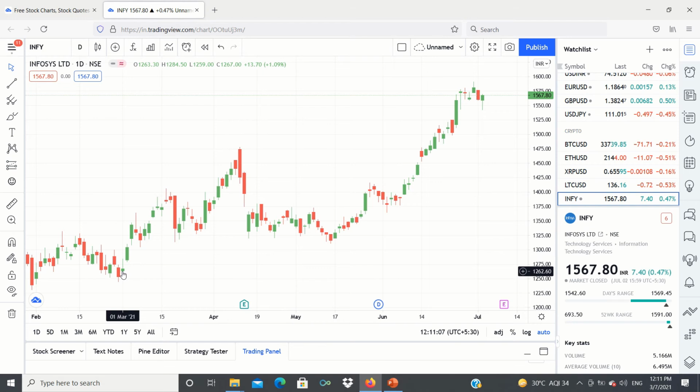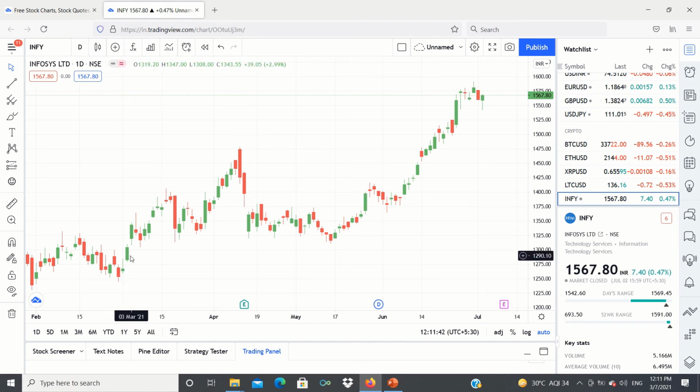See, a gap up is when the price opens higher than the previous close. You can see it here. The close is here. How much is the close? 1267. Then the next day it opened at 1282, higher than the previous close. That's why you see this gap up, which is considered a bullish sign and which is proved by the end of day. See, this is a green candle. Next day also the price opened gap up and it closed here.